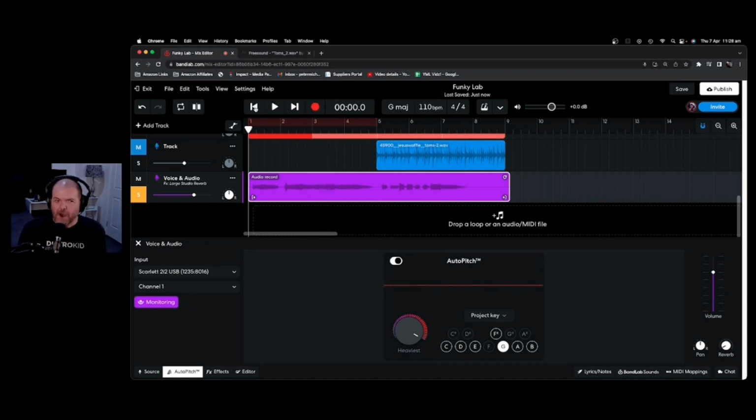So if that's the sound you're going for, more power to you. And of course, you don't have to use that heaviest amount. We can drop it down a bit. So if you just need the slightest bit of help with your notes, you can drop that one down to a light auto pitch. And now,